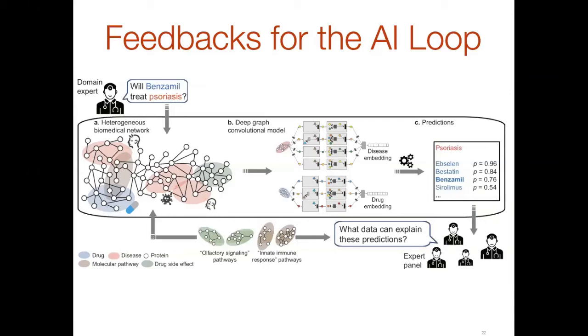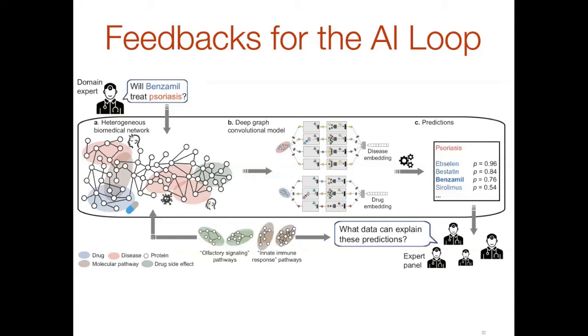And I'm highlighting this entire pipeline here in this slide, where the idea is that we have domain experts that ask different kinds of queries or questions. For example, would benzamyl treat psoriasis might be one simple question the domain expert would ask. And then the underlying model, based on protein interaction networks and those drug and disease subgraphs that we have seen earlier, would generate embeddings, produce predictions,